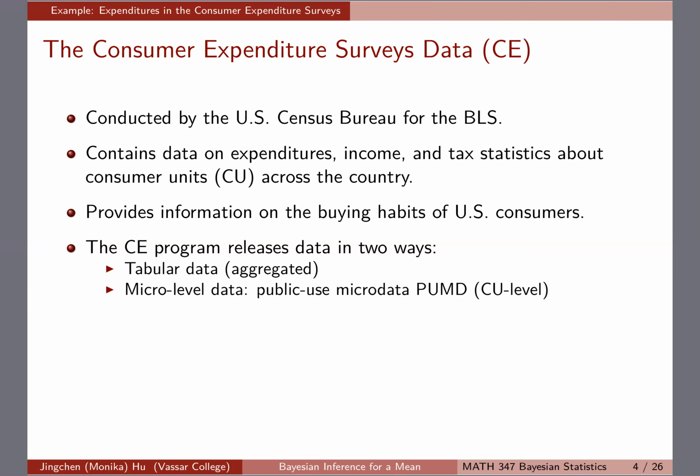They call it public use microdata, or PUMD for short. It's actually releasing data at the individual level. In this case, it's at the CU level, meaning that you can get certain information about each CU in that particular survey data, okay? So we're going to work with micro level data, and overall it's more interesting, especially if we